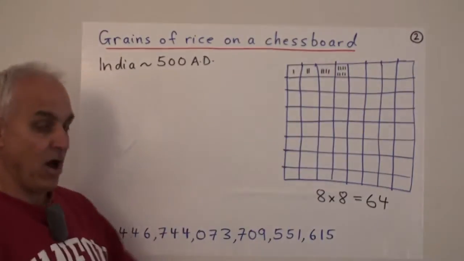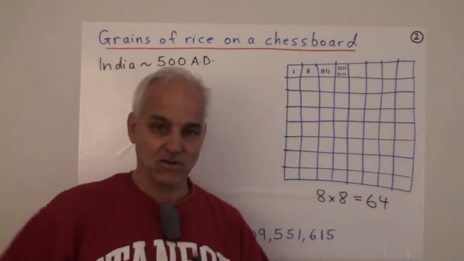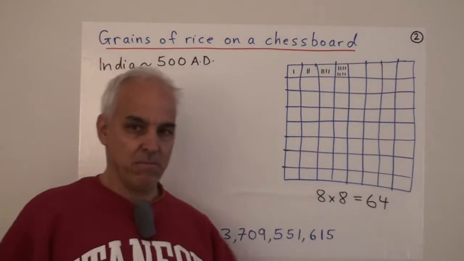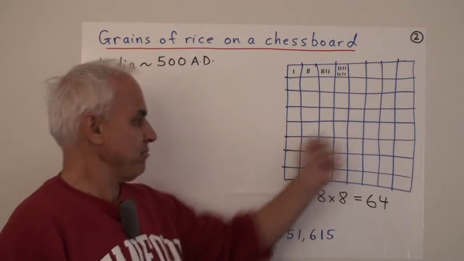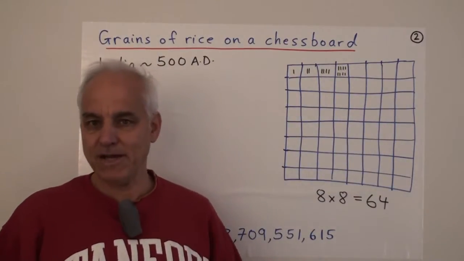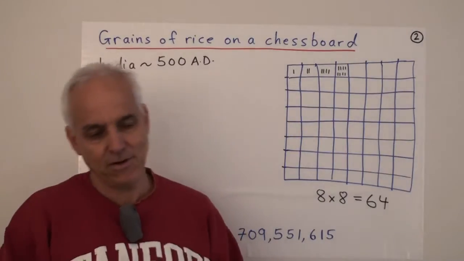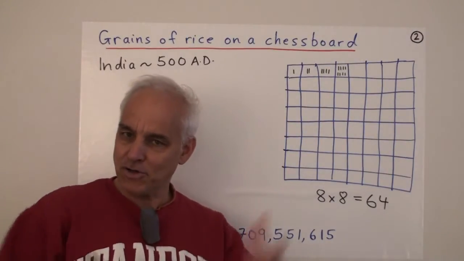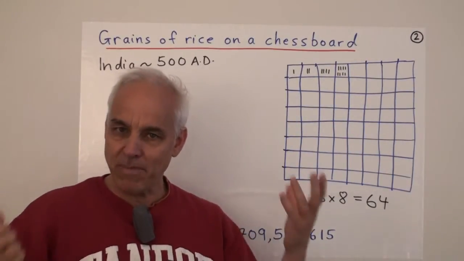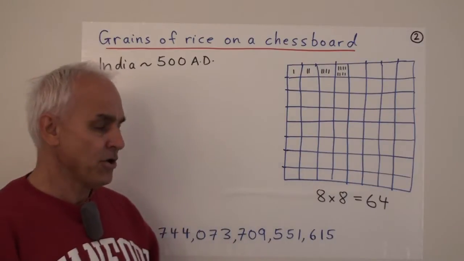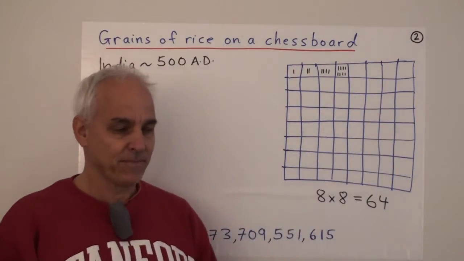Well, the king, who had lots of big bags of rice in his storeroom, thought, well, if I take a big bag of rice, I can probably do this very easily. This is a very modest request. And he said, oh, are you sure you don't want anything more? You're sure you don't want vast amounts of gold or big palaces? No, no, the advisor said, this will be enough.